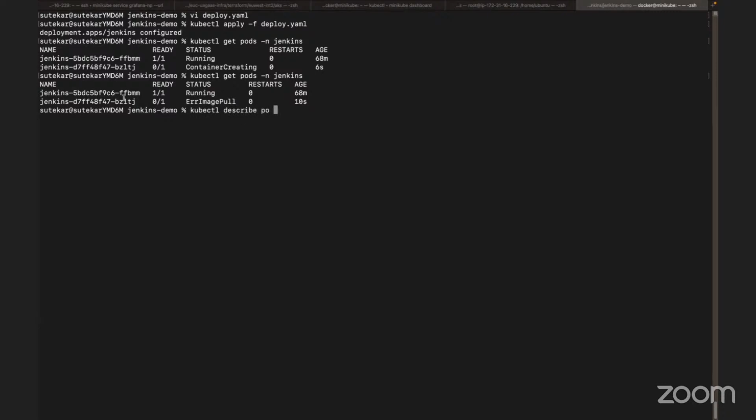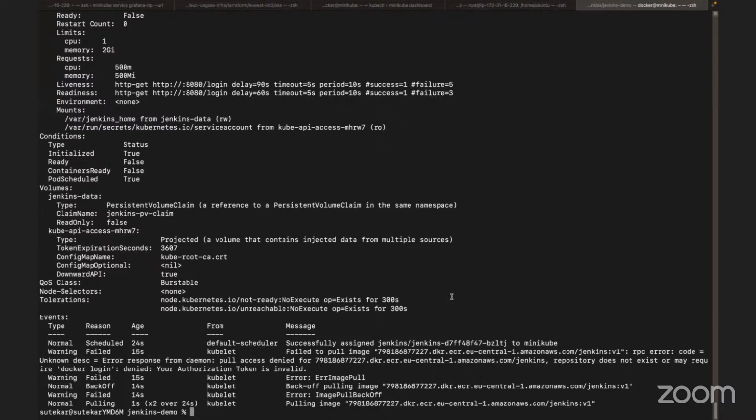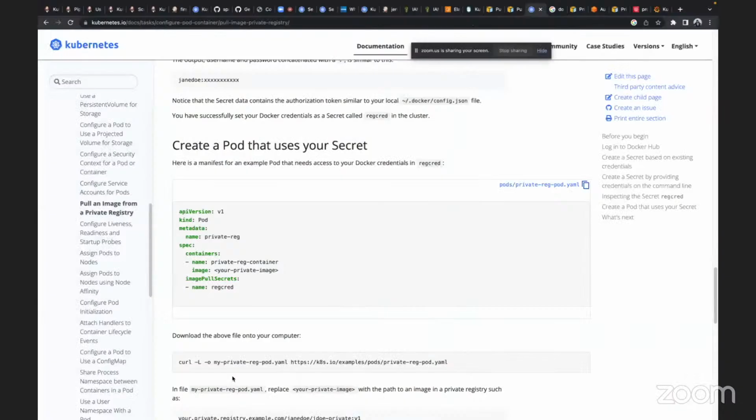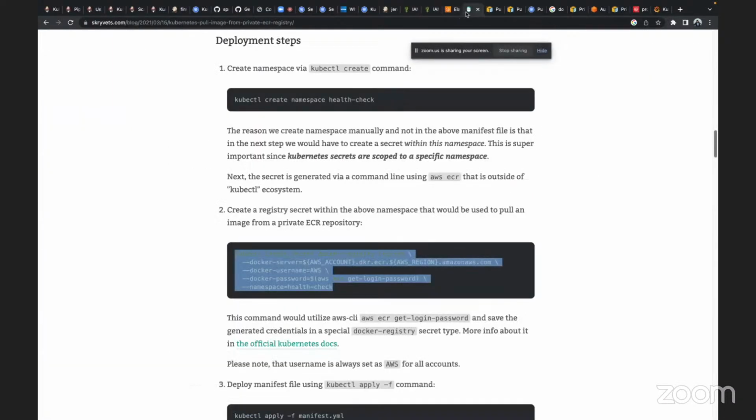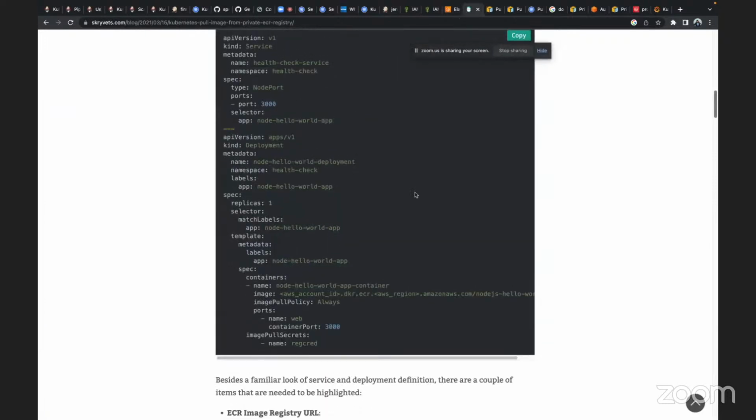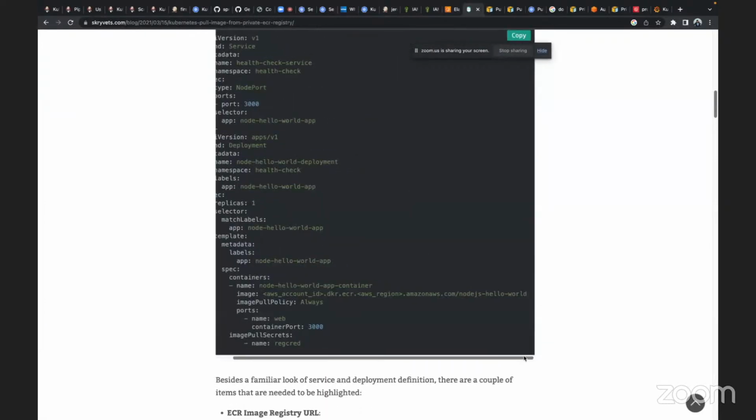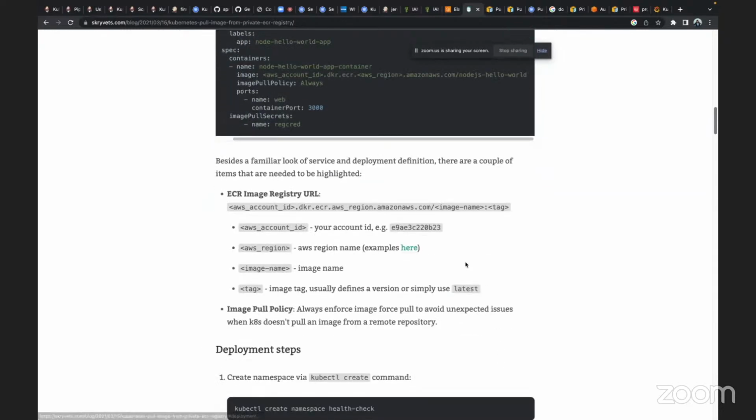kubectl describe pod. Errors make it a bit more fun. We get to learn. Your authentication token is invalid. Repository does not exist or may require docker login, denied. Okay, the registry path that we passed on, they are saying it's incorrect. Image name was correct. Account ID